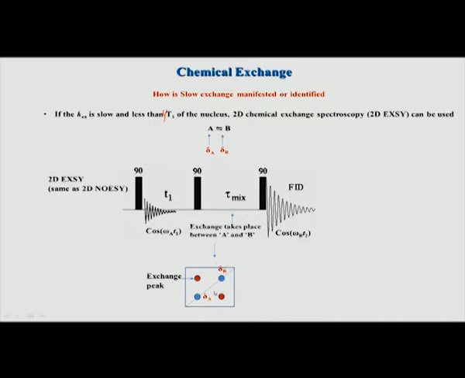So these are the two diagonal peaks. As I said, it is always that never 100% transfer takes place. So whatever remains on A during both these periods is called a diagonal peak. A and B will both have a diagonal peak, and this exchange peak is called a cross peak, and that is coming because A got converted to B or B got converted to A.